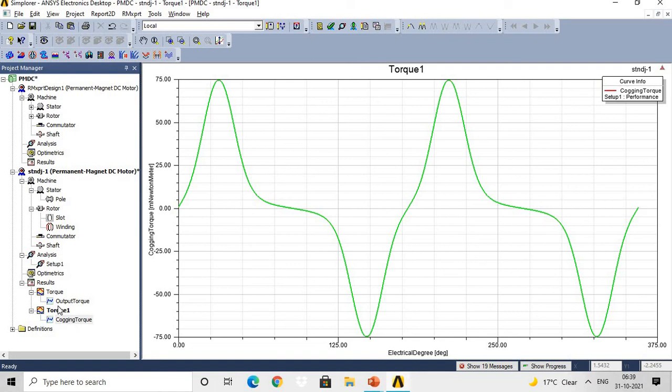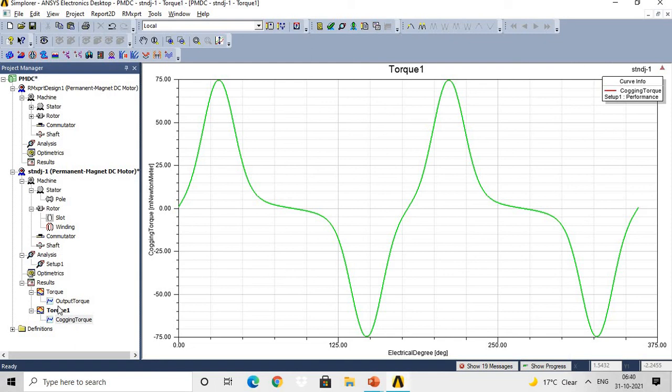You need to go through that calculation and select the rating of the motor, that is, at what speed, what will be the size of that motor, etc. And then you can do the simulation, and through the performance curve you can decide whether your DC motor is fulfilling the requirement for EV application or not. Okay, and once it satisfies your design requirement, then you can make the hardware model of that motor for EV application, that is, electric vehicle application.